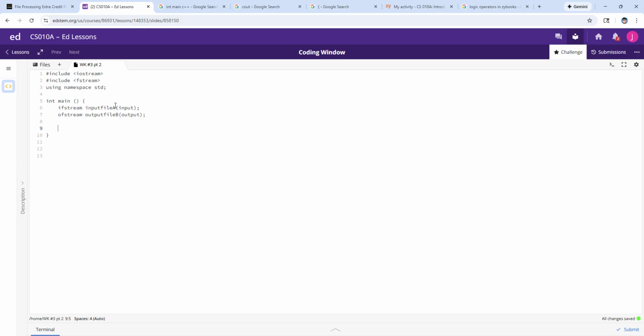Alright, next we'll be putting the if statements for each, which will be using .is_open to make sure each file opens properly and to know which file has failed. So we'll be putting the error messages for each. So if, then an exclamation point, which allows true to be false and false to be true. In this case, false. So we'll be putting an exclamation point, input file A, dot is_open,